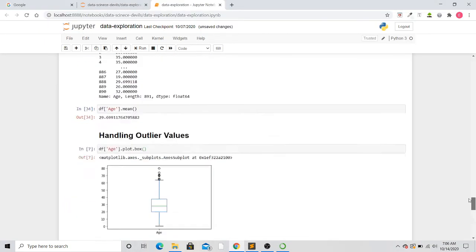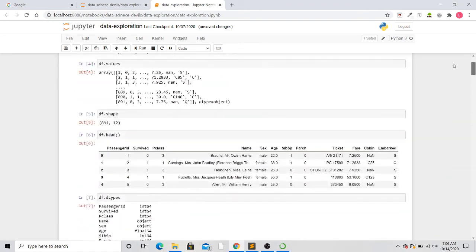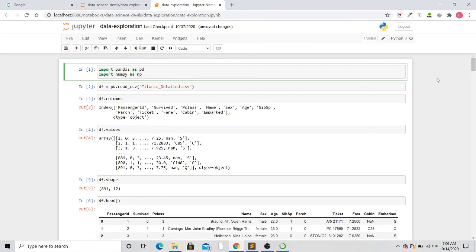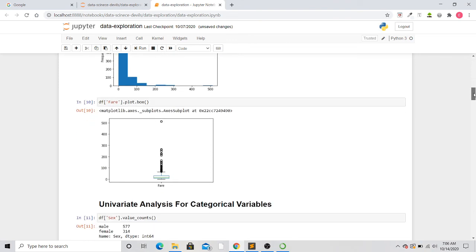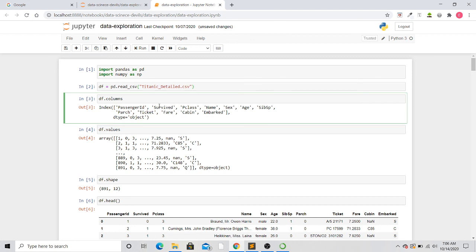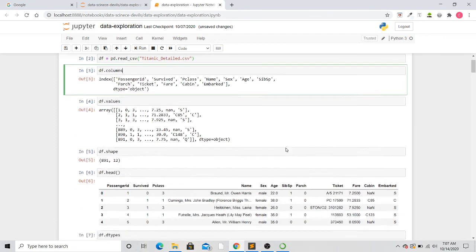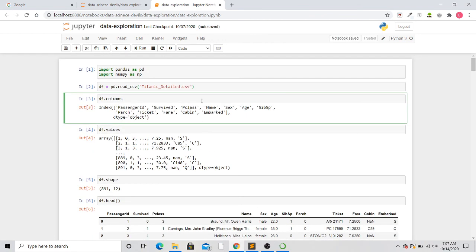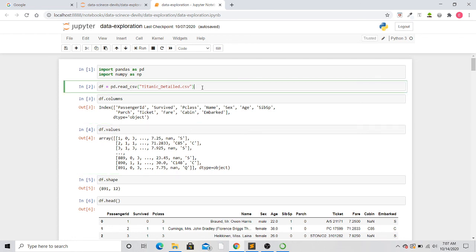Okay, so this is the entire notebook of my data exploration playlist. Please don't get terrified by looking at the length of this notebook, as when I upload the last video of this playlist, I will also upload this notebook and the Titanic dataset in the description and in the Google Drive, so you can download the notebook and the dataset from there and practice. This I will do when I upload the variable transformation video. That video will be the last video of the data exploration playlist.